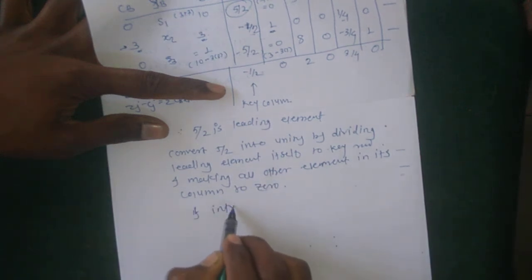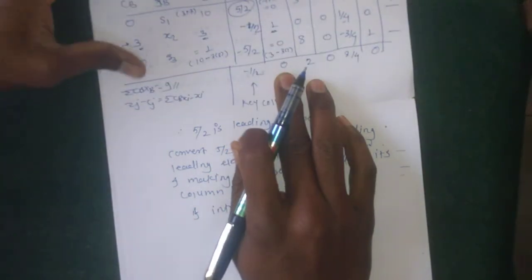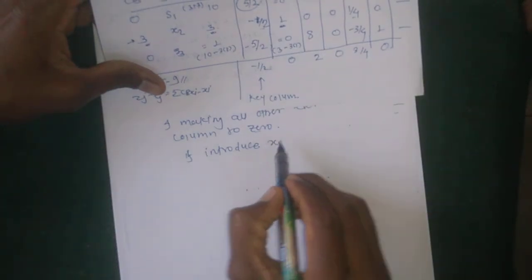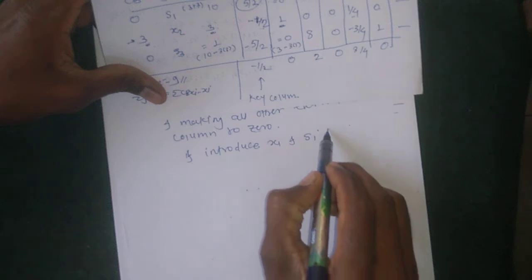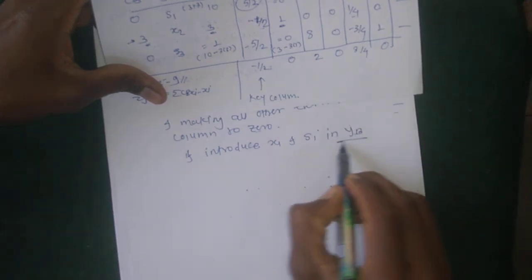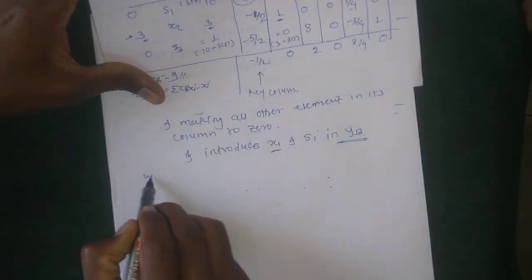And lastly, introduce x1 in the basic variable and leave s1 in YB. We get